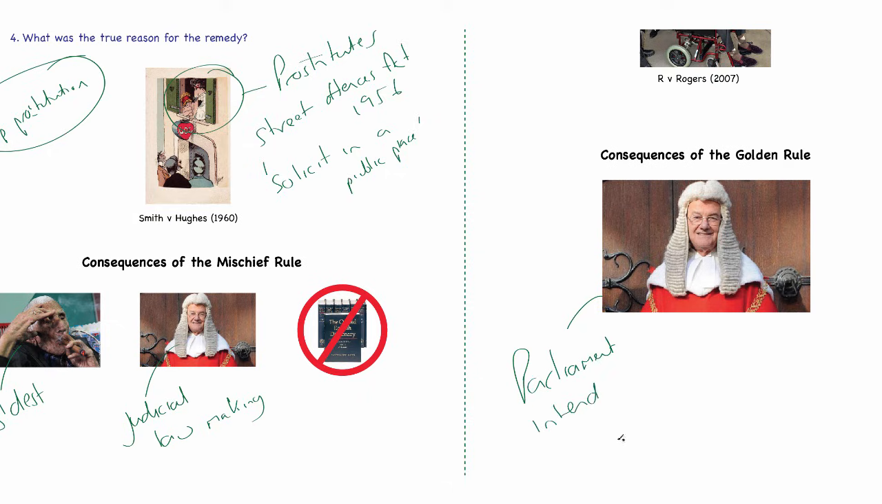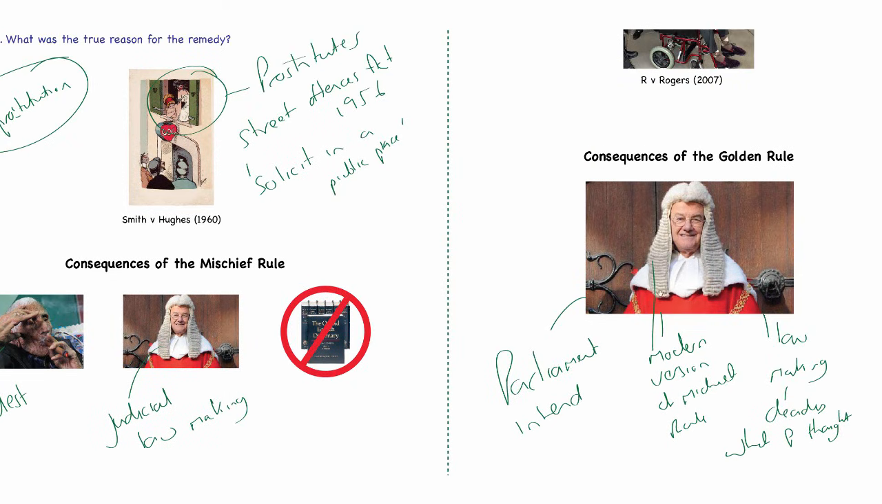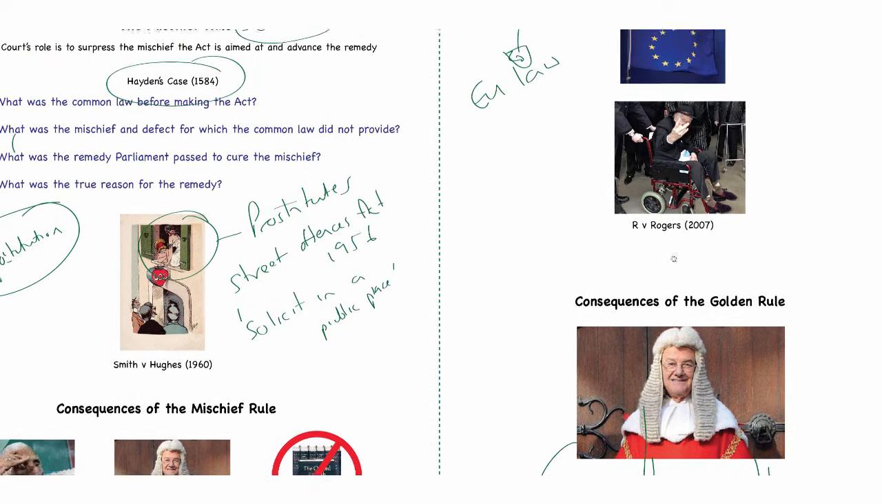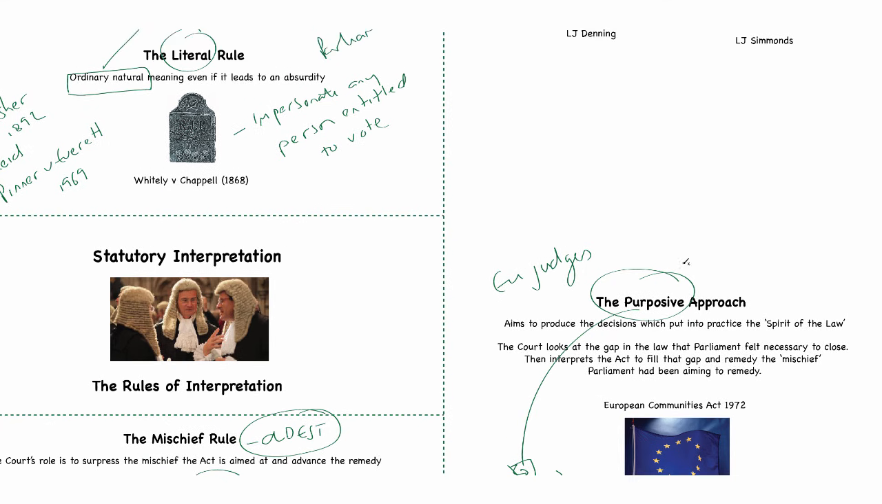What did Parliament intend? And it's a modern version of the mischief rule. Okay? It certainly provides judge lawmaking, because the judge is allowed to decide what Parliament thought. Okay, and just to demonstrate the difference between the two, let me move up a little bit. Just to demonstrate the difference between the two, what you have is, if you imagine,